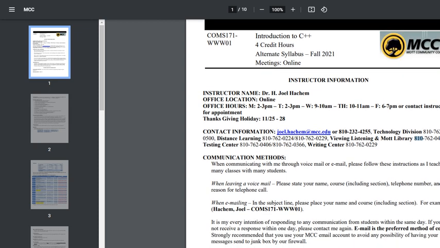When you're emailing me, please remember to put this in the subject line. At least put COMS171 in the subject line of your email. The reason behind it is that I receive a lot of junk mail on a daily basis. A lot. I receive a lot of administrative emails a day. I receive a lot of emails related to COVID a day. I get a zillion emails a day. If I don't see an email that is related to students and the classroom, I usually just ignore it and not worry about it. So it is very critical for you to please remember to put COMS171 in the subject line.